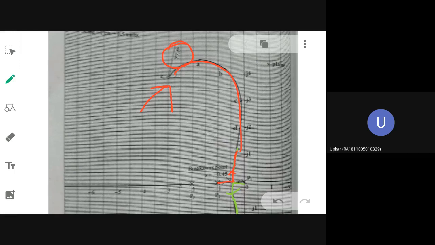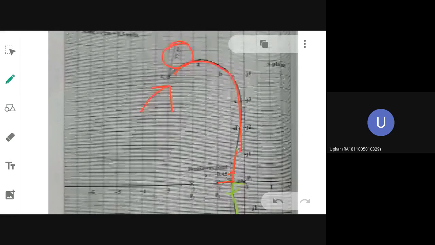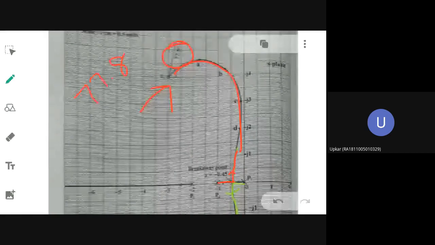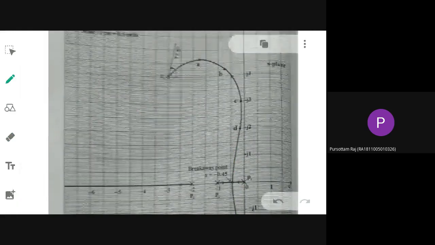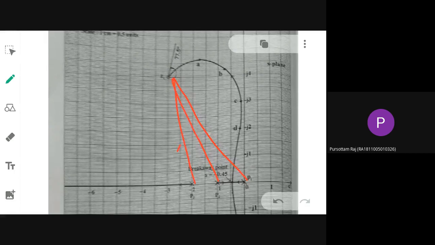So how will you calculate it? That angle is given to be 77.8, a positive value. How will you determine that? You know the procedure: 180 minus summation of angles of poles plus summation of angles of zeros. You have to draw the vectors from the other poles like this, and then mark the angles theta 1, theta 2, theta 3. There are no other zeros. So the formula is 180 minus..